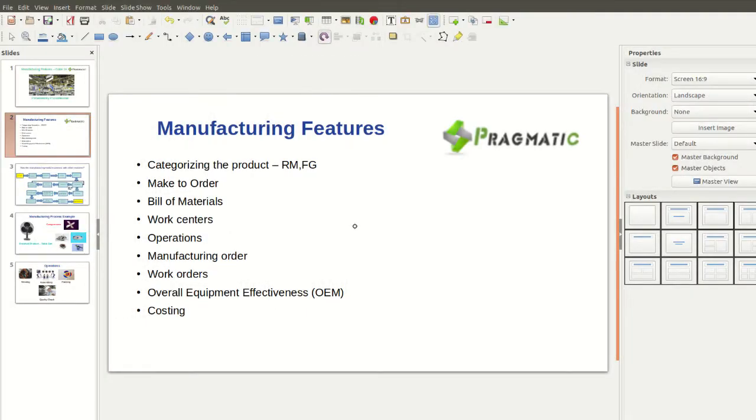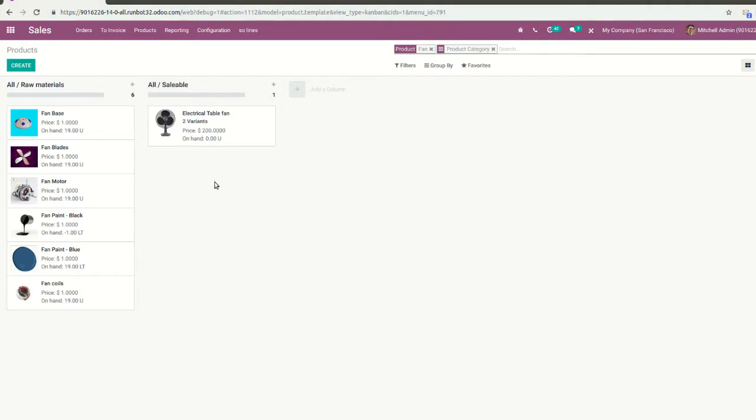So first I go to this. So this is the categorization. So I will see the list of raw materials and this is a saleable product. You see, this is the type of categorizations. So product should be categorized. And the next thing is, you see,